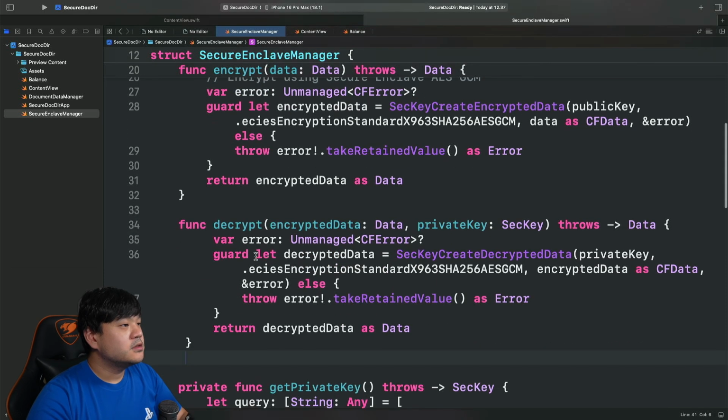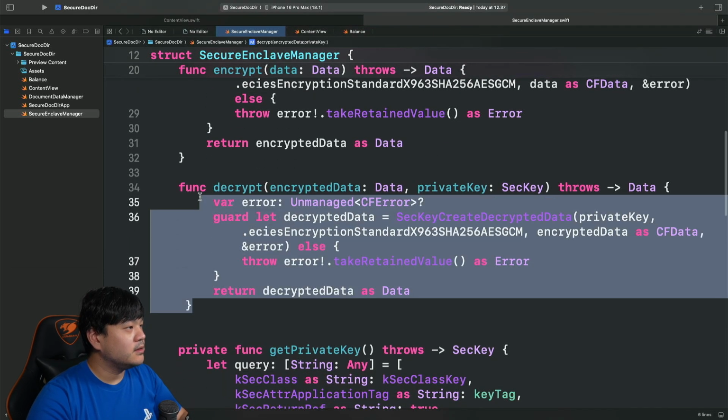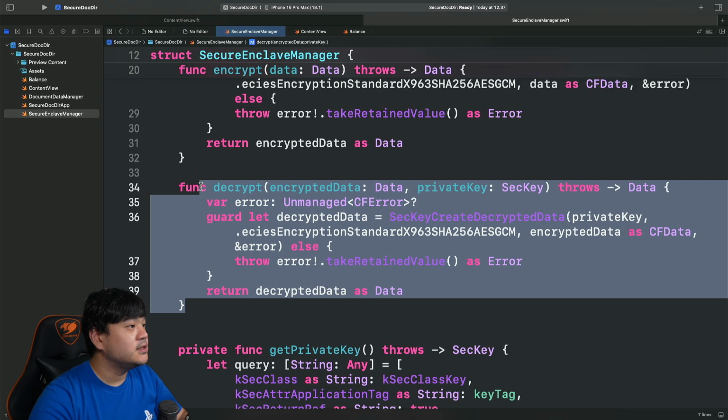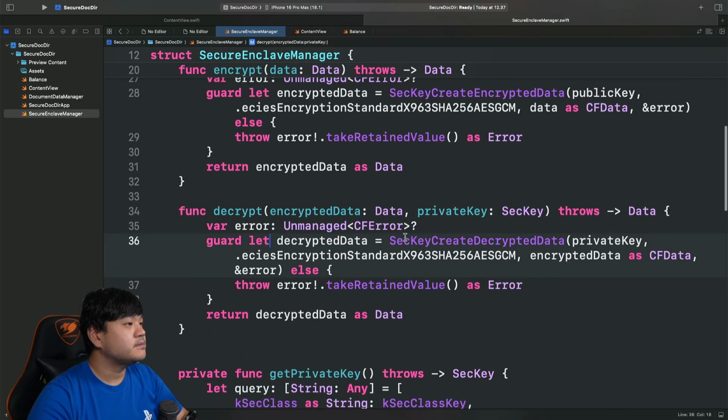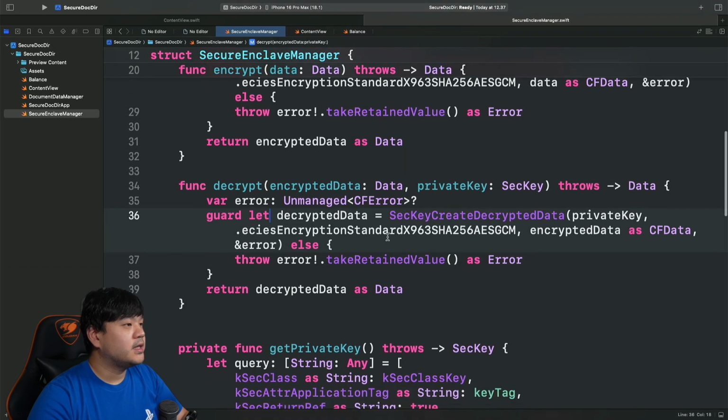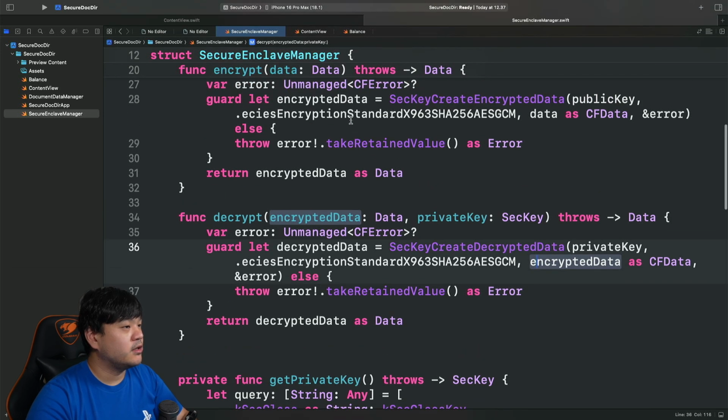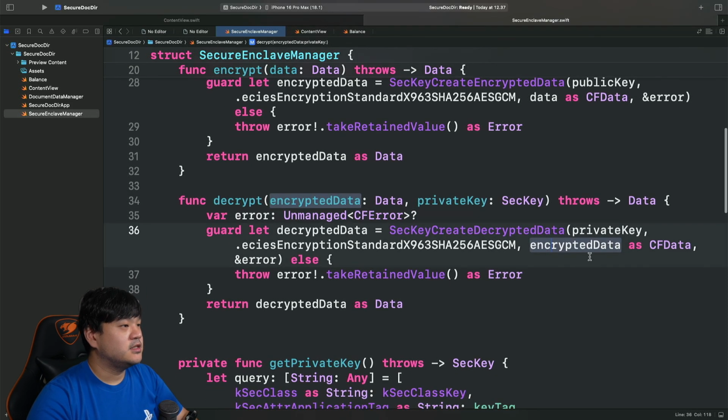Okay, so the decrypt method accepts data, encrypted data that will be decrypted, as well as the private key. So here we can simply use this method SecKeyCreateDecryptedData, passing the private key and the algorithm that we want to use to decrypt, which is the encryption standard that we use to encrypt in here, and passing the encrypted data casted as CFData.